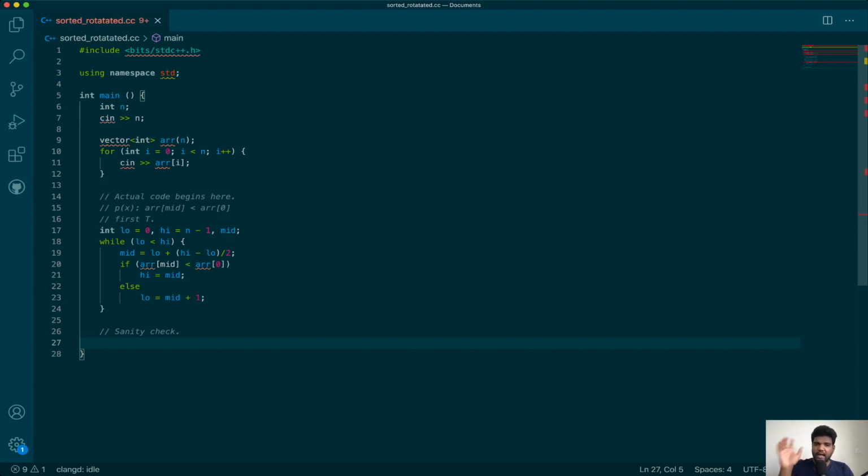But what if you don't have any point in the second line? What if your second line, which is completely below array of 0, is empty? That boils down to us saying that the array is an increasing, sorted array which hasn't been rotated. So that's also a sorted rotated array with 0 rotations, or with n rotations. If you rotate a sorted array by n places, you will get back the same array, right?